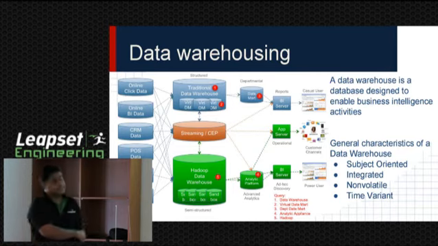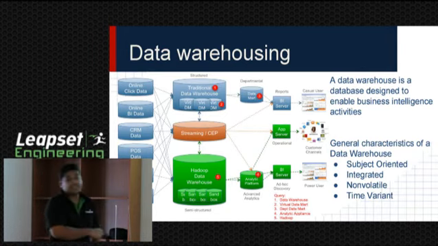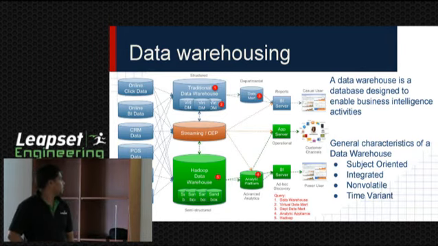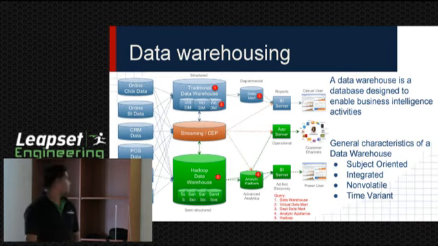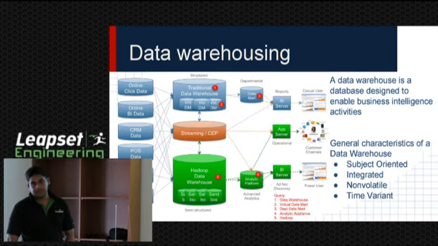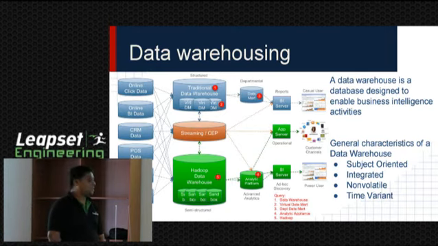And non-volatile means, right? This is different from the traditional or operational database. Once we bring data into the data warehouse, it should never change in the future. Why we are doing this is because we need to see what is really happening with the data, what the flow really is with the operational applications data. And the time variant. All these analyses are made by time, right? We have to analyze all this historical data, and over time how our business is going on.